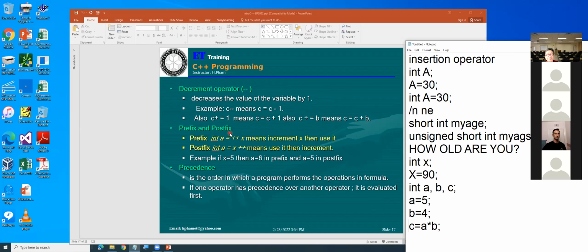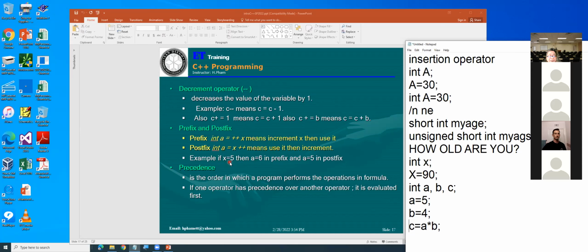Okay. Prefix and postfix. Prefix: integer A equal plus plus 8 means increment 8, then you can use it. Postfix: integer A equal 8 plus plus means use it, then increment. Now, let's see.